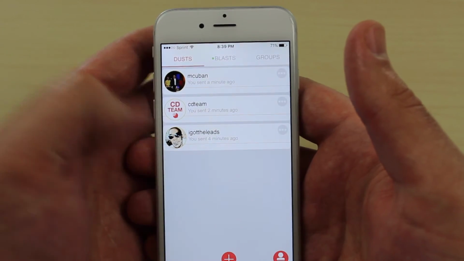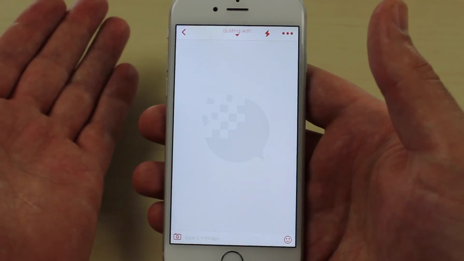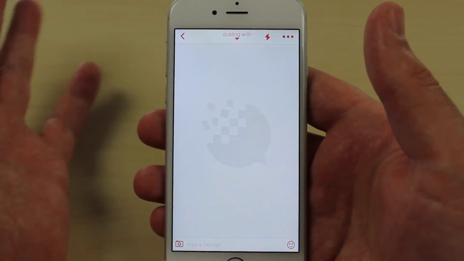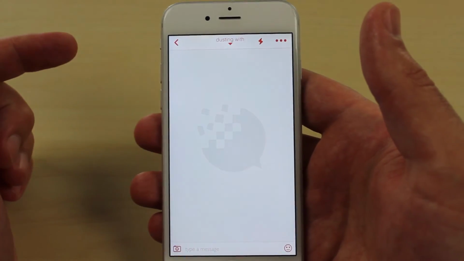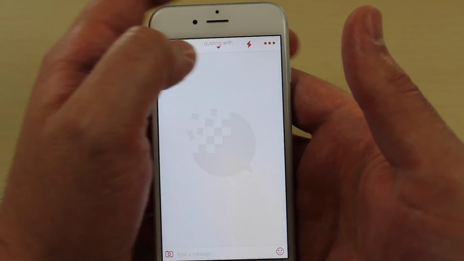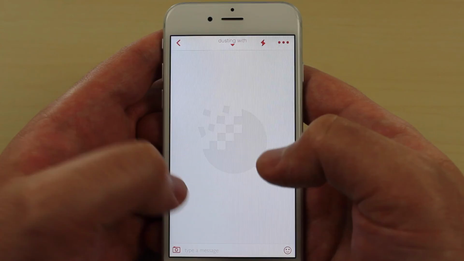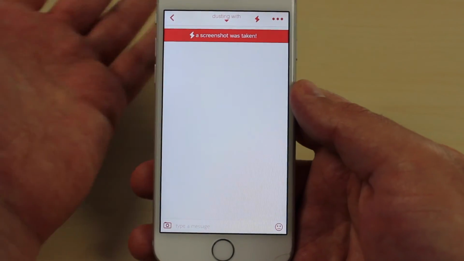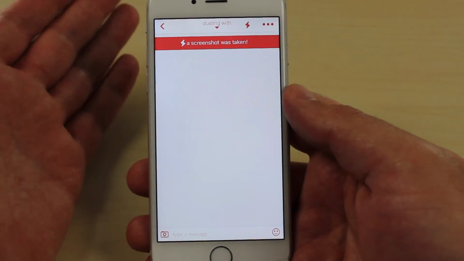Now, for example, I have these different people that I have sent messages to. If I click on Mark Cuban, you're not going to see anything because my message has already been deleted. Remember, this is a private messaging app. The one really cool thing I love about CyberDust is how privacy is a huge focus. So if Mark Cuban were to start messaging me here, I could snapshot it just like this. It took a snapshot. Obviously, there wasn't anything being taken, but he just got a notification that I just screenshotted